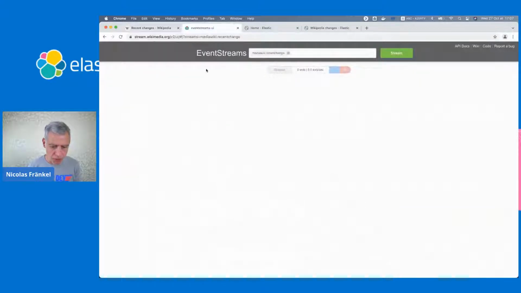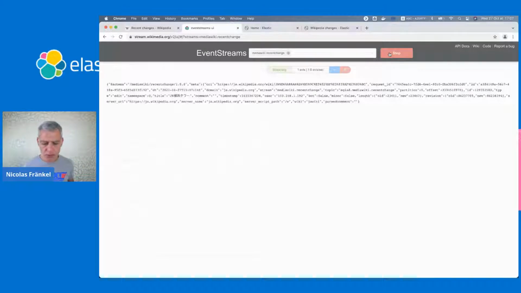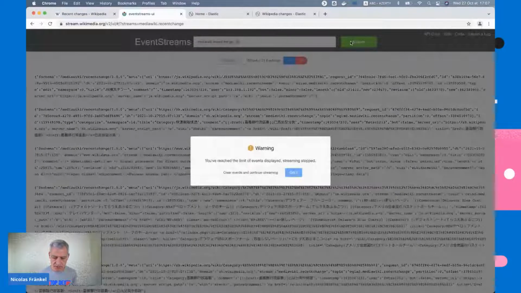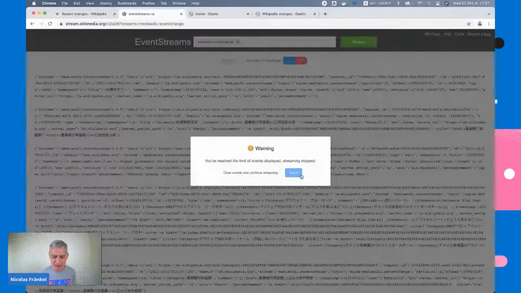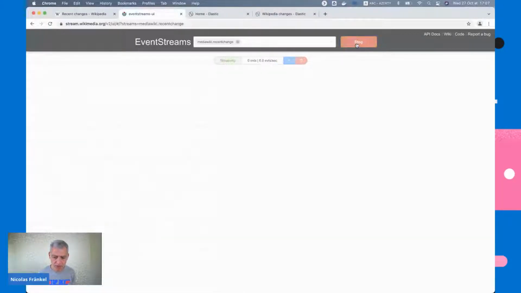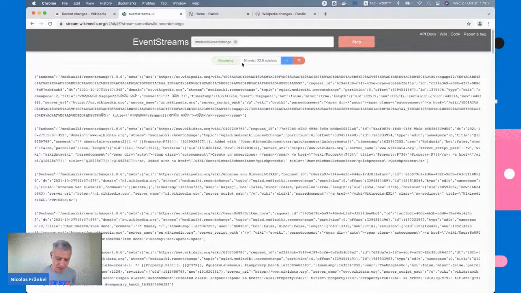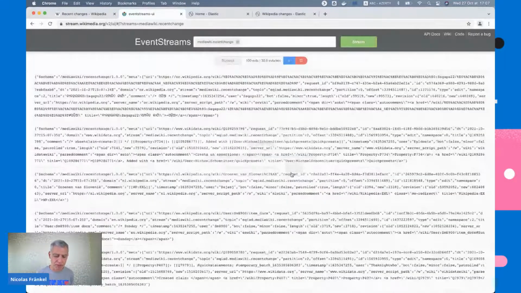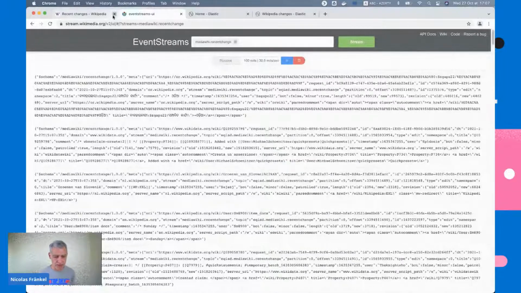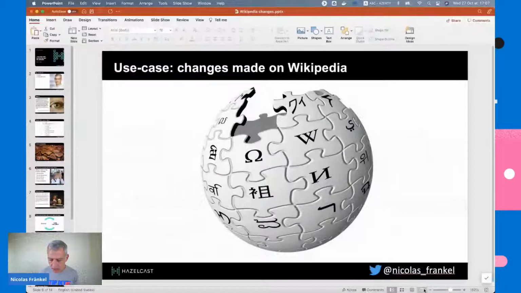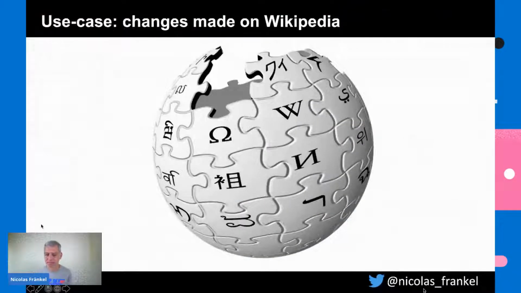Likewise, here I found another one, and here at least I have JSON directly, but as you can see, I've reached the limit. Once I've got 100 events, I've reached the limit. I cannot do anything. The only thing I can do is trash everything and stream again. And as you see, it's very, very fast, so I arrive at the limit very, very fast. I will remove tabs because yesterday I had issues. So let's hope I won't have issues today. So the UI is fine, but I missed something.